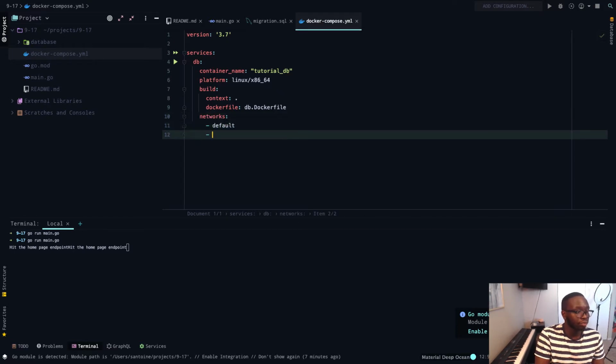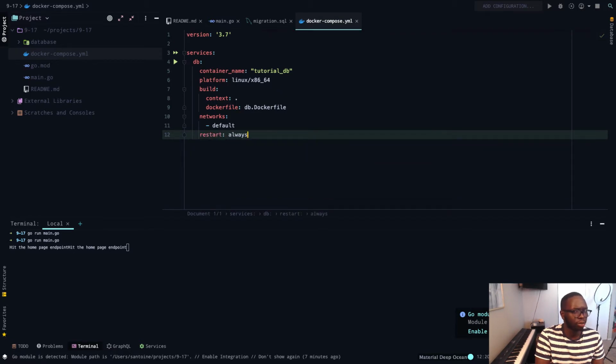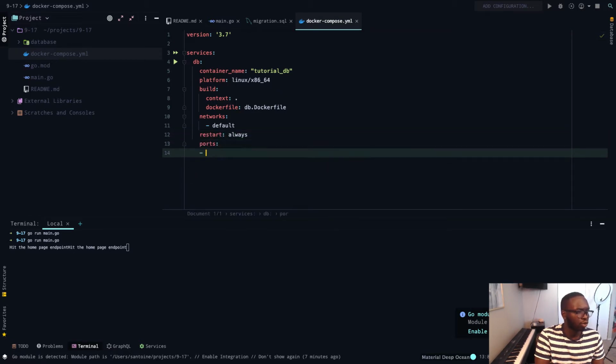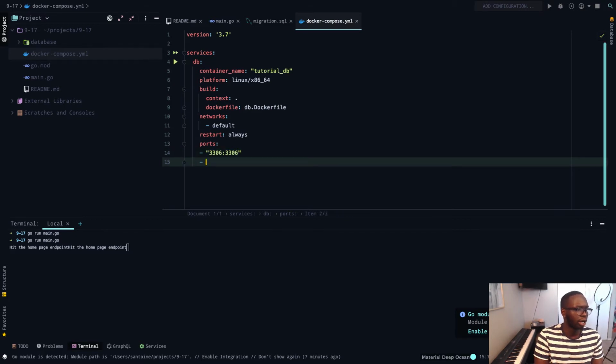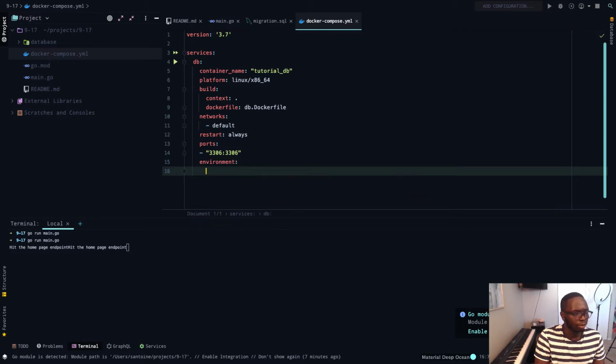Default. And then restart. We'll say always. And then our port. So we're just going to use a standard 3306 for our MySQL ports. You could change it to whatever you want. And then lastly, we're going to need our environment variables. So we're going to have the MySQL